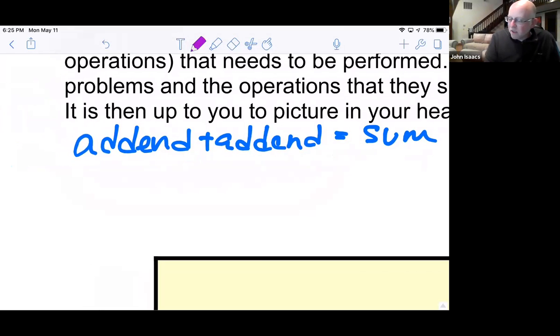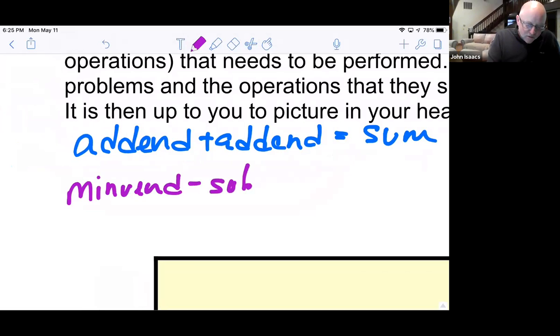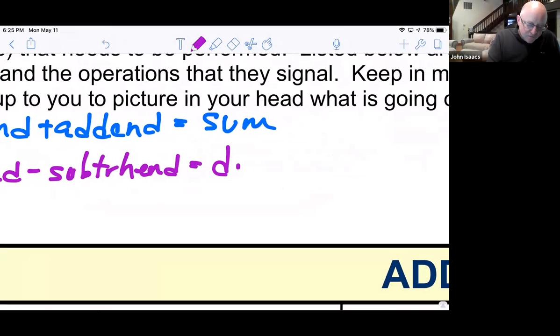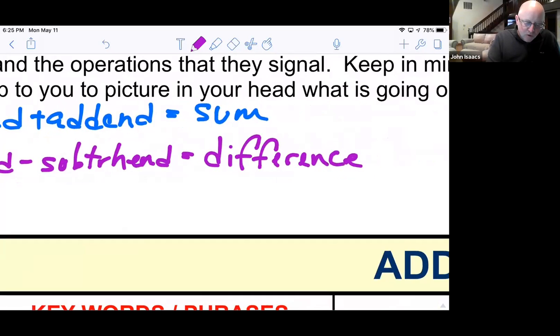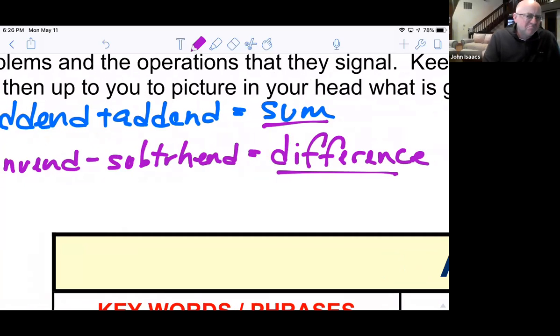couple other words, when we subtract, we have a minuend, and we subtract a subtrahend. And the result of those two things is a difference. Now, I don't expect anyone to remember minuend and subtrahend, but difference is an important word and sum is an important word. Addend isn't going to come up that much, but it's one that it kind of makes sense. All right. Then